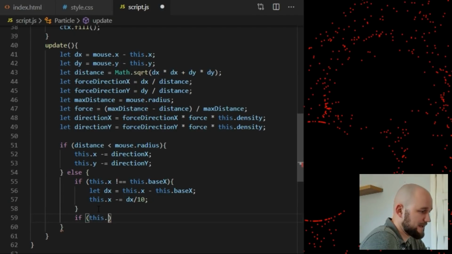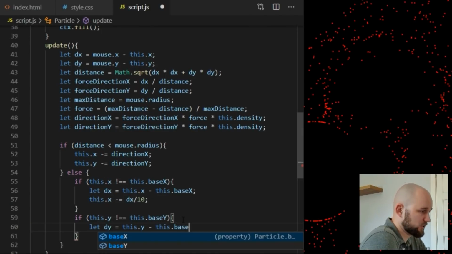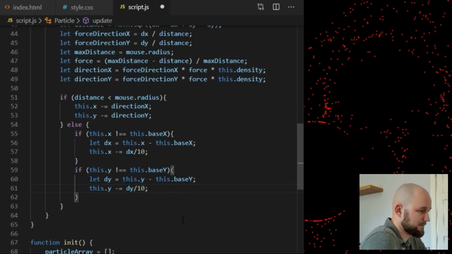We can also correct them vertically. Notice I don't do else if here. I just do a simple if statement because I don't want these to be mutually exclusive. If a particle has been displaced on the x-axis and also on the y-axis, both of these statements will run for each frame of animation. But they can also run separately in case only the x-axis or only the y-axis position needs to be corrected to return the particle to its original position, as we saved this original position in baseX and baseY